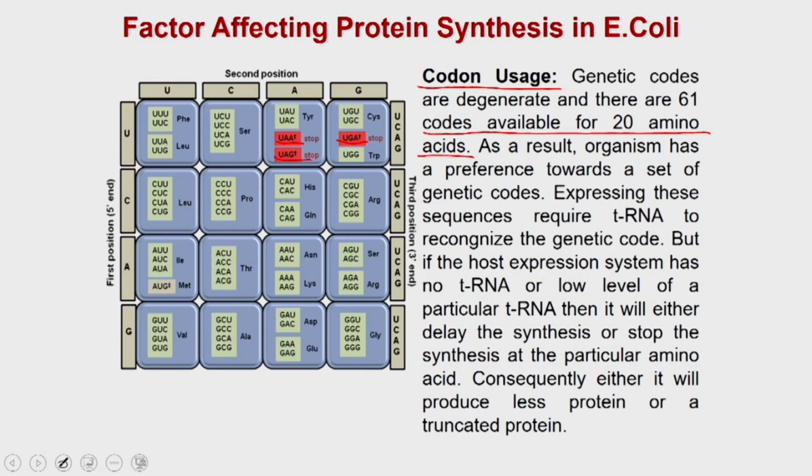So, as a result, every organism uses these 61 codons, but every organism has a particular type of preference for a set of genetic codes to express few of the amino acids or a class